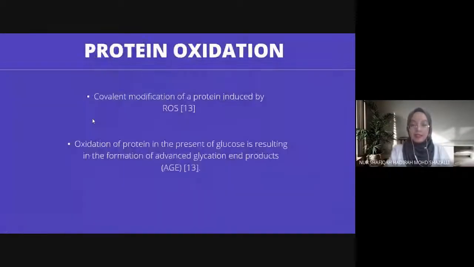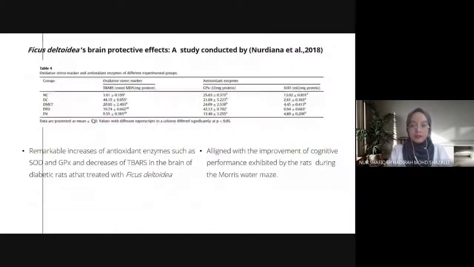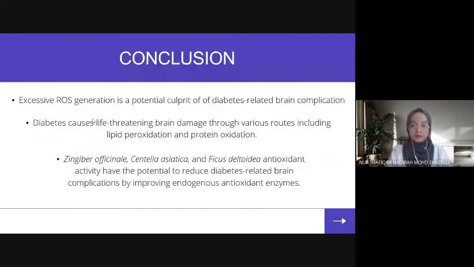In conclusion, excessive ROS generation is a potential culprit of diabetes-related brain complications. Diabetes also causes life-threatening brain damage through various routes, including lipid peroxidation and protein oxidation. The antioxidant activity of Zingiber officinale, Centella asiatica, and Ficus deltoidea has the potential to reduce diabetes-related brain complications by improving endogenous